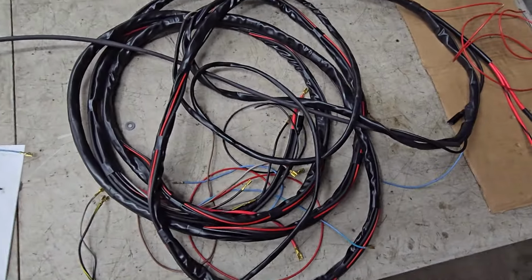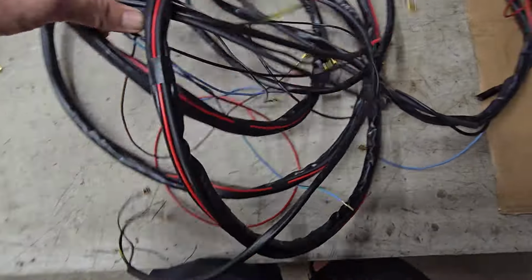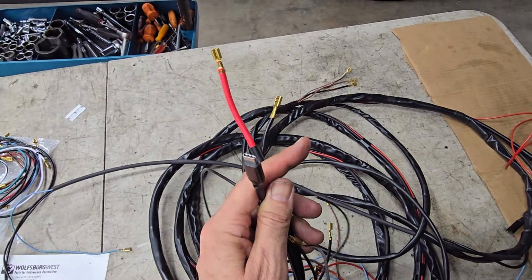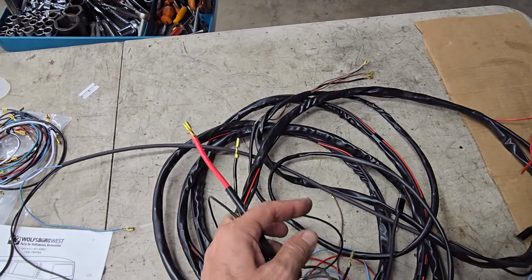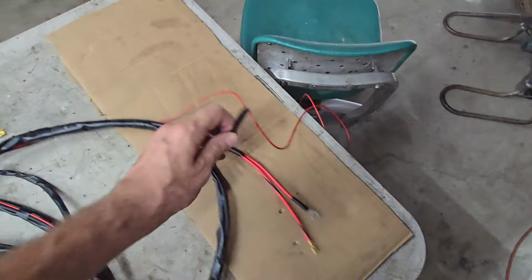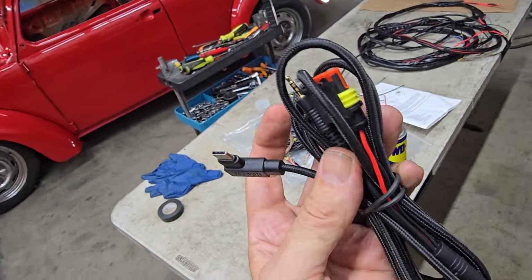Anyway, I did that, and then the other thing that I added is this. This is actually the, let's see, which side is this I have here? This is the engine compartment side. So this goes to the little display that'll mount in the cab that will show the fuel injection status and everything, and potentially it can display gauges. And so this will go to that, and then on the engine side of the harness, somewhere here, is the other end of that cable, which in turn goes to this cable. Here's this connector here will go there, and then these connectors here, here and here go to the actual ECU,